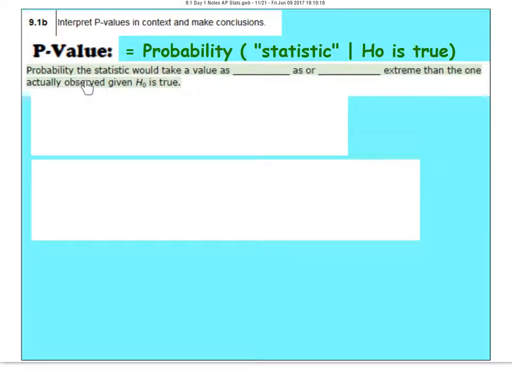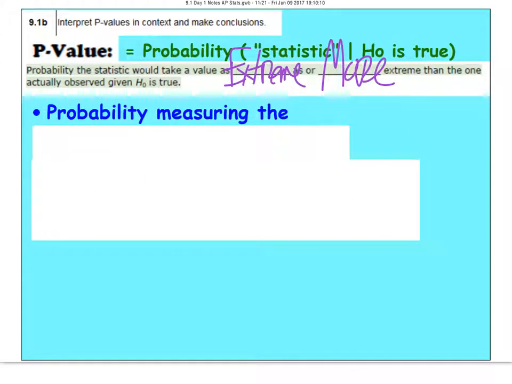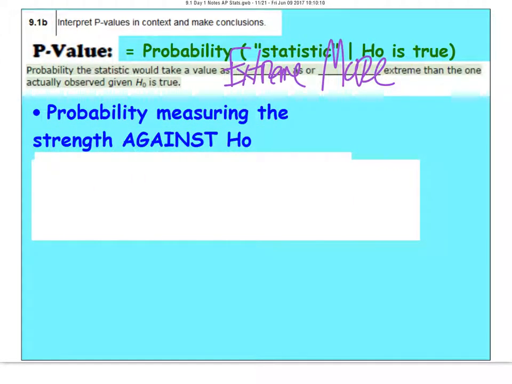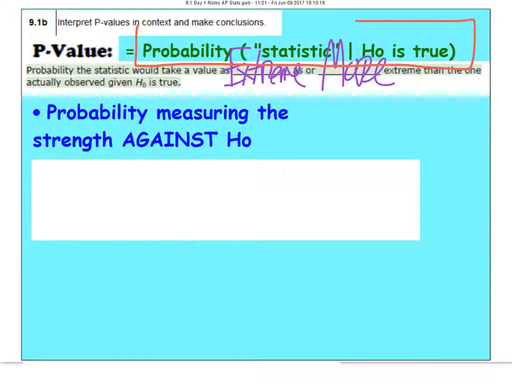So the formal definition would be this. It's the probability the statistic would take a value as extreme or more extreme than the one actually observed, given H sub O is true. Basically what it means, it's a probability in which we're measuring the strength against H sub O. I always like to refer to it as a conditional probability and interpret it from there. Because again, as conditional, it's saying, given that H sub O is true, what's the probability that our statistic or